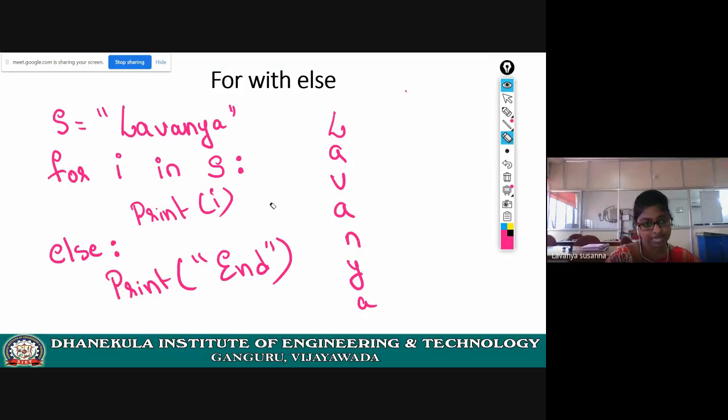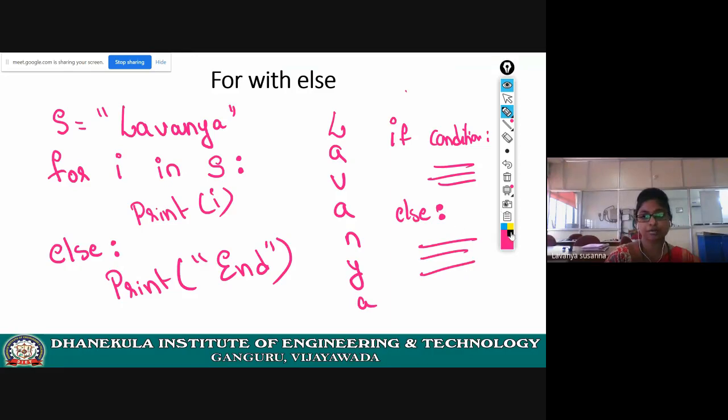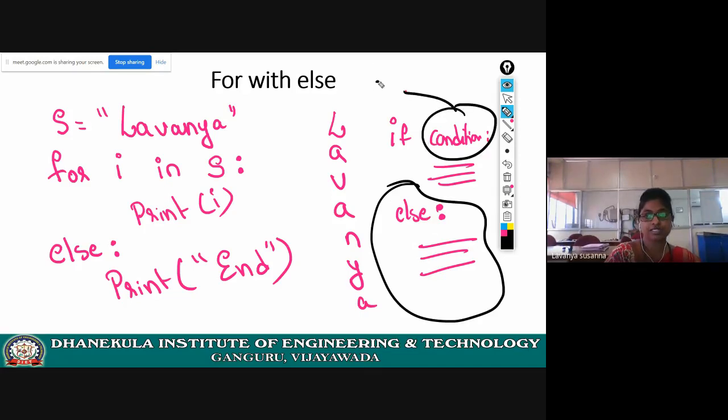For example, if you are using else statement with if: if some condition colon some statements, next else colon some statements. This else block will get executed when the if condition is false. When the if condition is false, at that time only control comes to the else block. You know that. Now let us see this else statement with for loop, and when it will be executed. After explaining, I will show you.